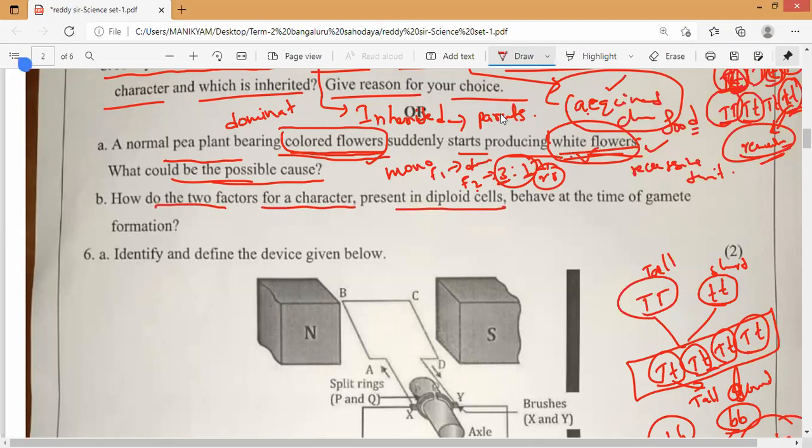Okay. Next, how do two factors for a character present in diploid cells behave at the time of gamete formation? Anybody? Some law we have to use. We have Mendel's three laws. One is what? Law of dominance. Next, law of segregation, and as well as what? Next, law of independent